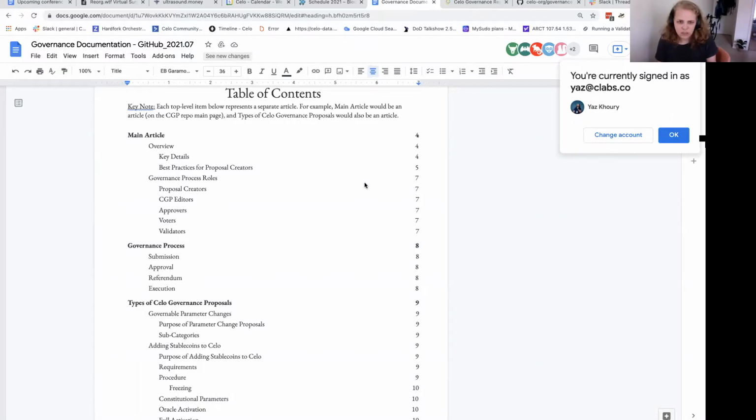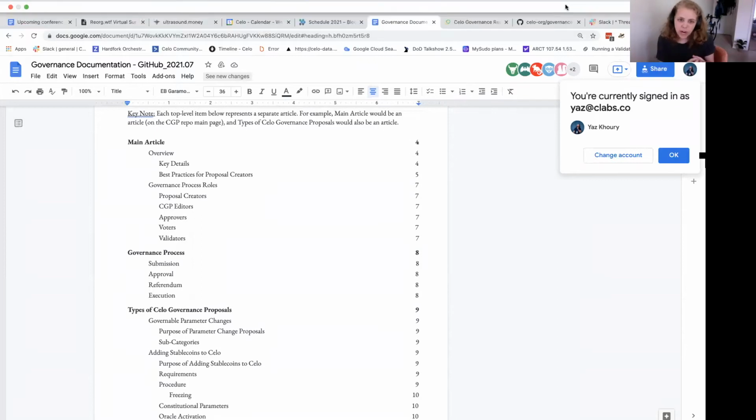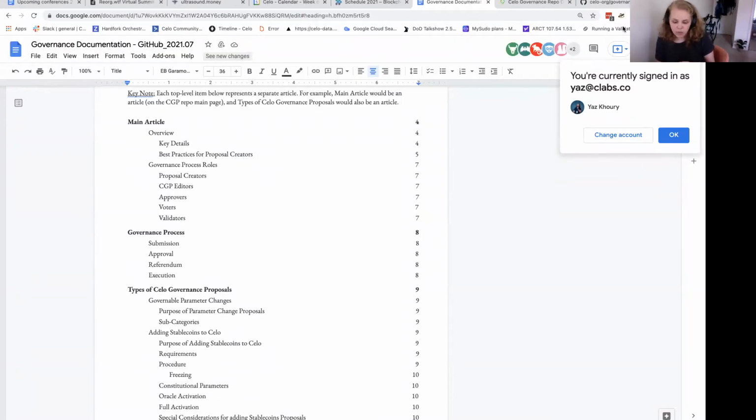So, some of the key details that we wanted to include are some of the best practices. On page 5, at the bottom, there's a best practices for proposal creators. So here we outlined and have all of the links available for how to participate and the best practices in interacting with the community.